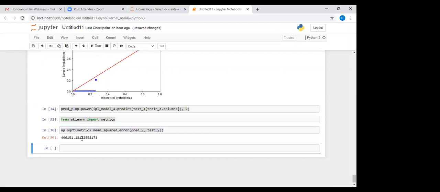See, this is the root mean square error. Okay, we have solved the error.